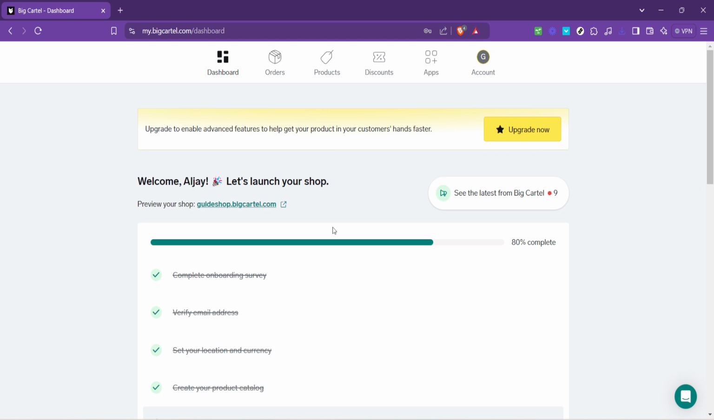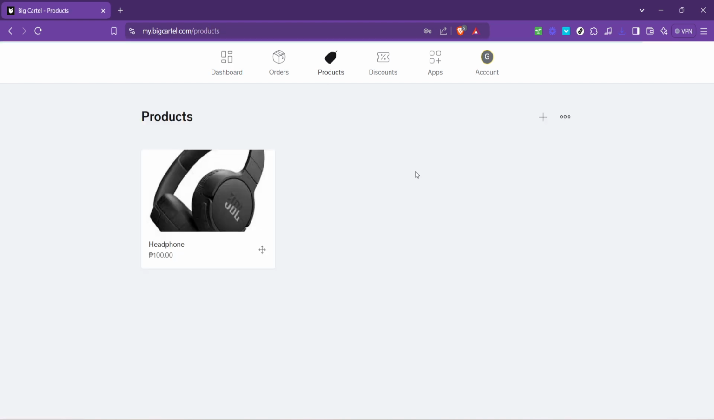Once you're logged in, you'll find yourself on the Big Cartel dashboard. This is the control room of your online store where you can manage products, view analytics, and customize your site, among other things. Your next step is to click on Product from the dashboard. This area is where all your listed items are neatly organized. It's the starting point for making any changes to the products you have for sale, including adding new variations such